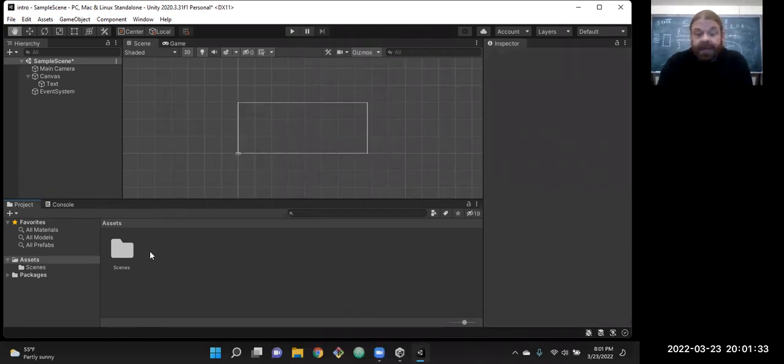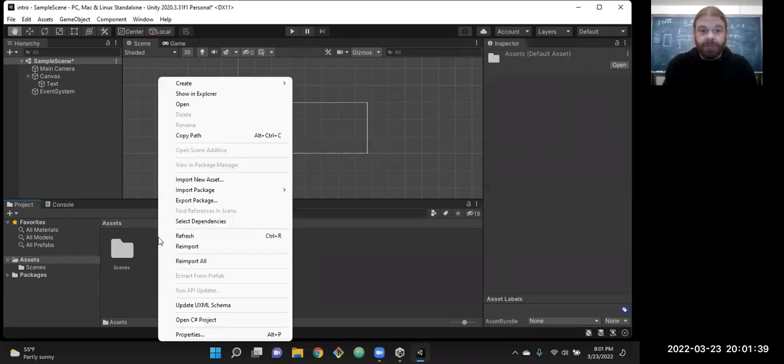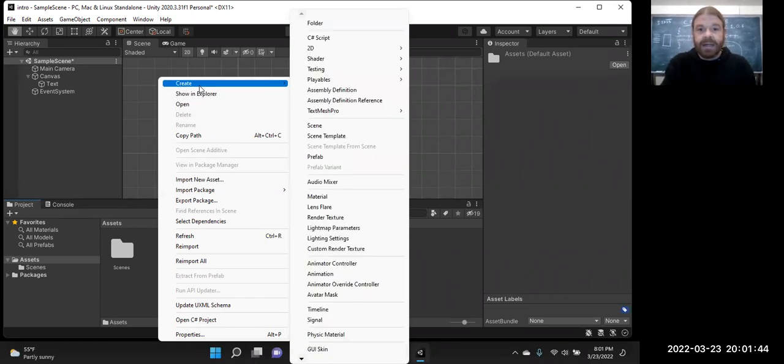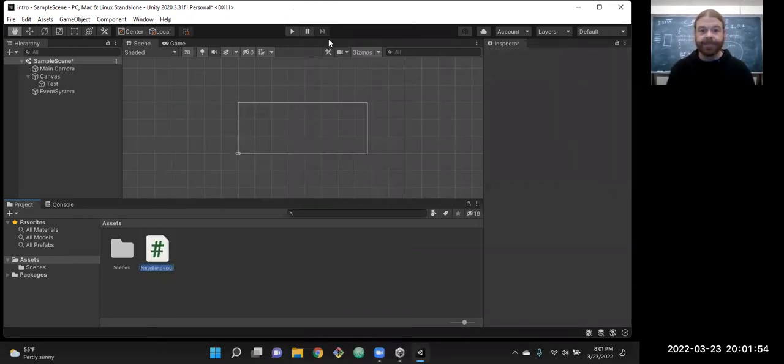So down here in our file explorer, at the top level or anywhere in there, as long as you can find it again, we right click and come up to create. Here's another way to create all the stuff we can add to a Unity game. In particular, a C# script. So we want to add a C# script.